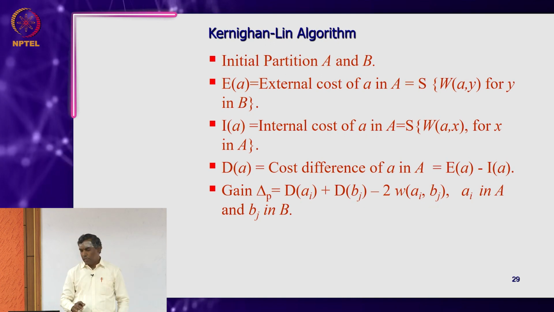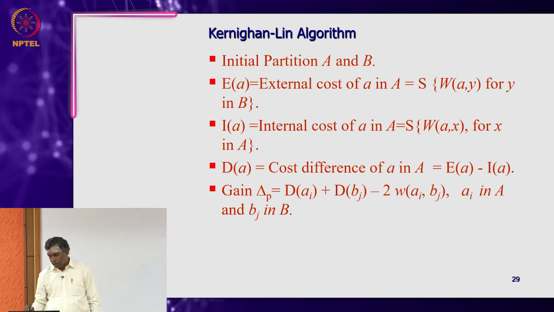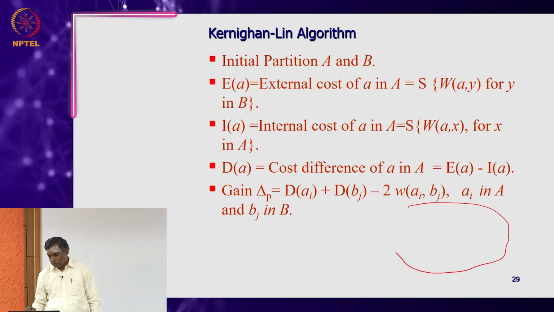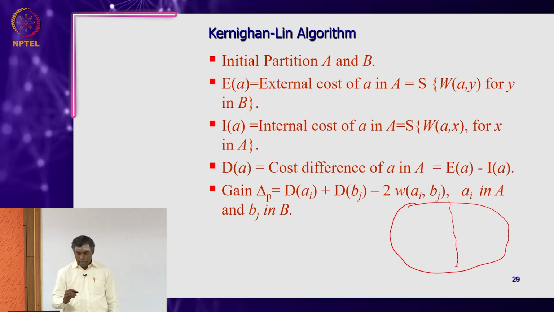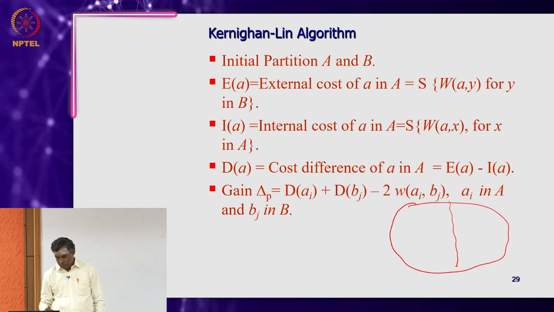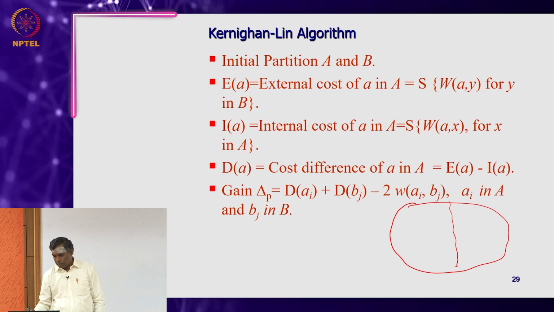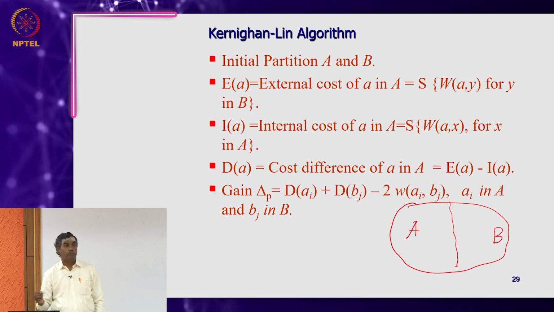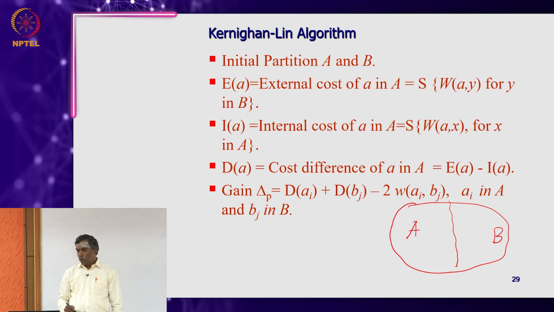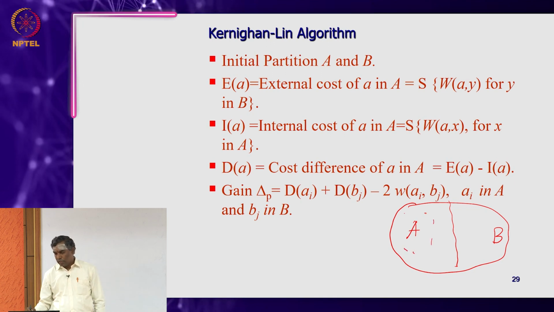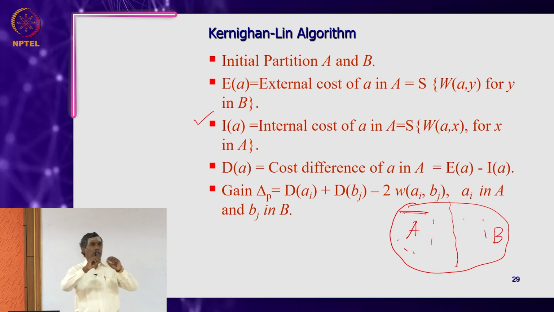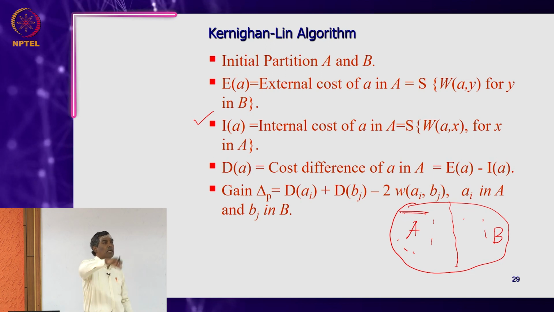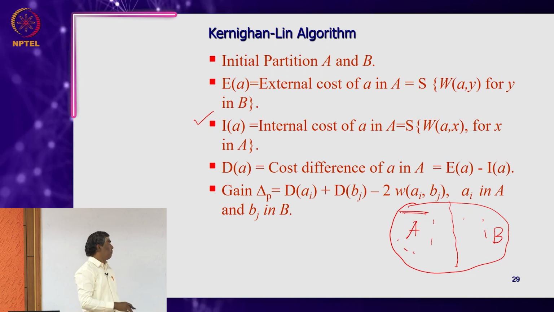The algorithm works on a graph like this. You take an initial partition, something like A and B. Now you try to find the nodes here and nodes here with the internal cost. Internal cost is the cost associated with the internal nodes, internal within this A, and then